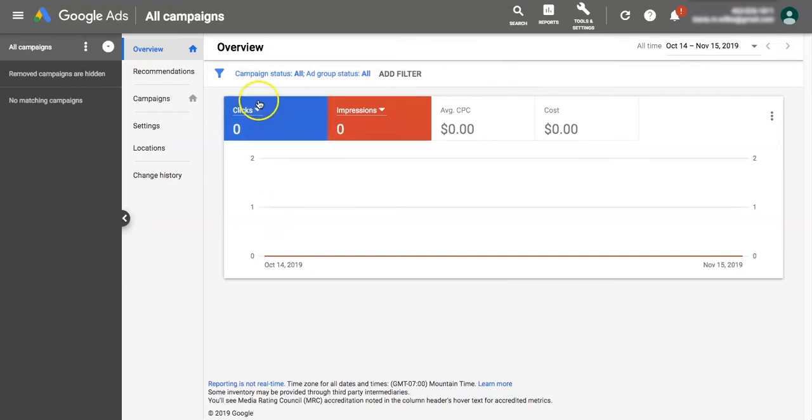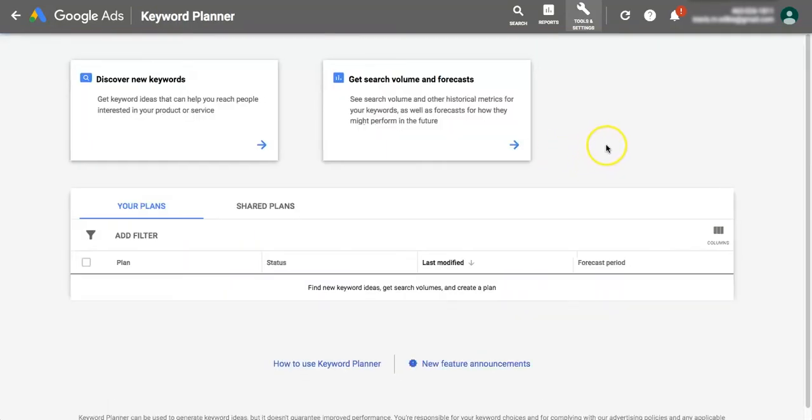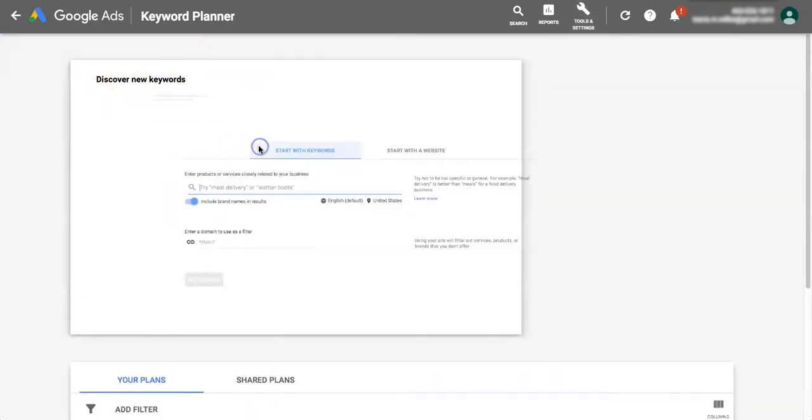So once you're signed in to your Google Ads account, just click the Tools and Settings button up here, and then you want to find Keyword Planner. It's under the Planning column. So Keyword Planner. This is going to allow us to put in a search term and see what related terms come up in Google. So just click the Discover New Keywords box here,